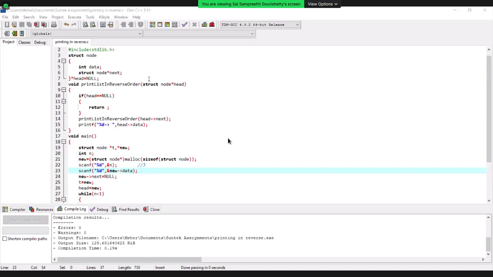In this, the head node will move to the next node, and again the recursive function is called, till the head node reaches null. Then if it reaches null, it returns. By returning, it will print the nodes: if we give 1, 2, 3, then it comes out as 3, 2, 1.